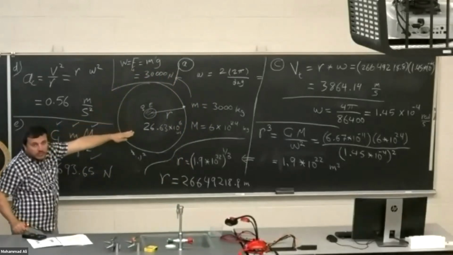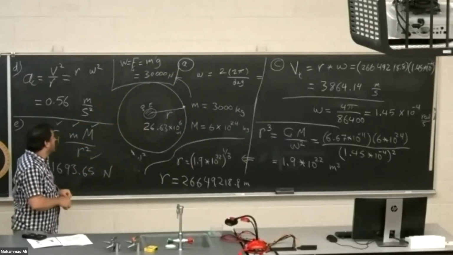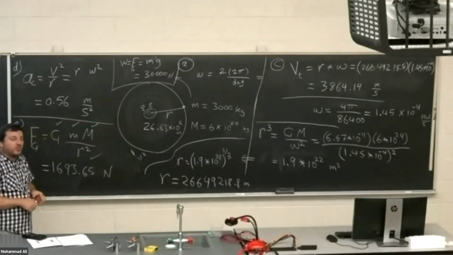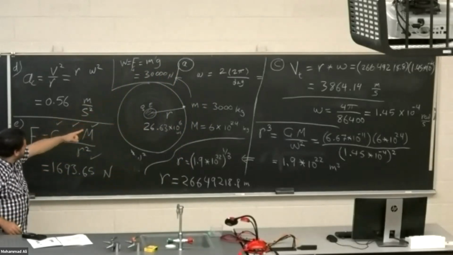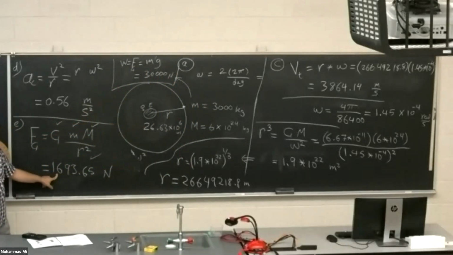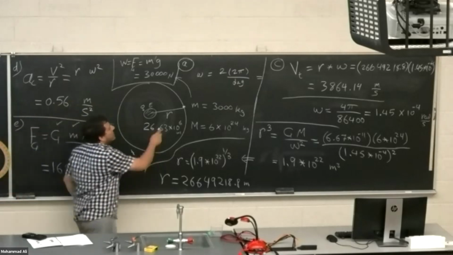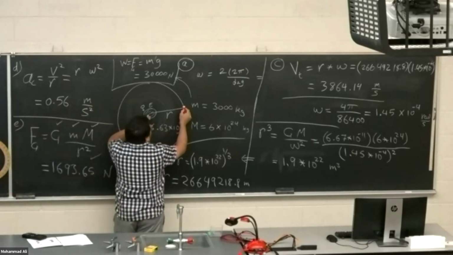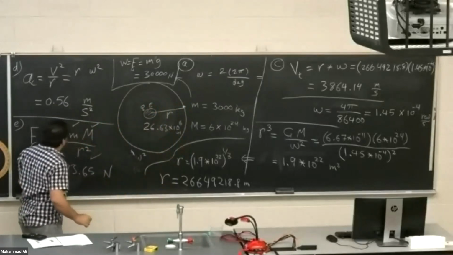This is almost the weight of this satellite on the Earth's surface. Now, if I ask you, what is the weight of this satellite at that position, it is just 1,693 newtons. If you see the difference or the ratio between the weight here away from the Earth and the weight at the surface of the Earth, this ratio,